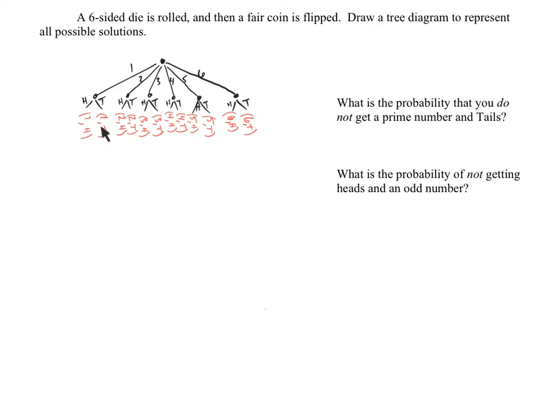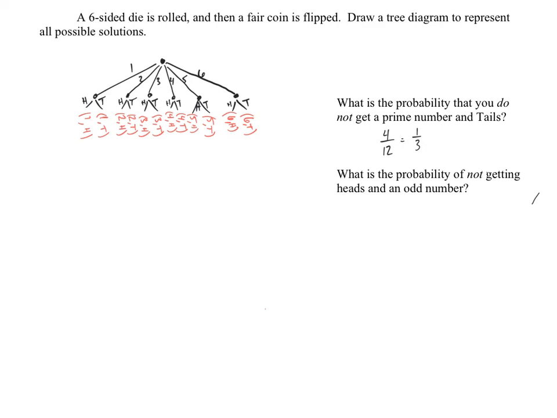There are 8 prime number scenarios here, but they don't all have tails. So prime number, tails, prime number, tails, prime number, tails, prime number, tails. So the probability of getting a prime number and tails is 4 out of our 12 scenarios here, which reduces to 1/3,